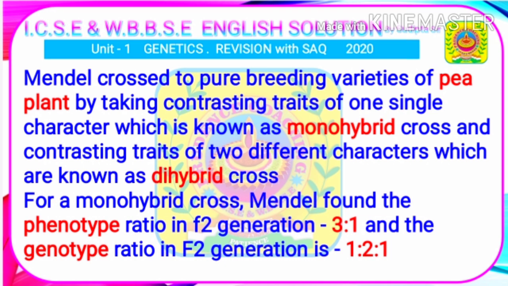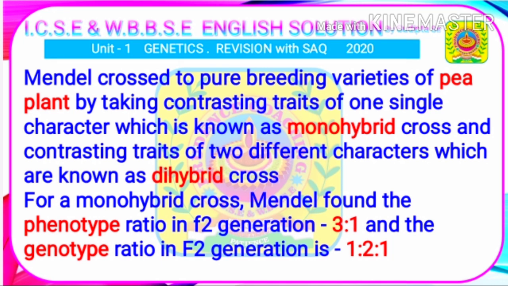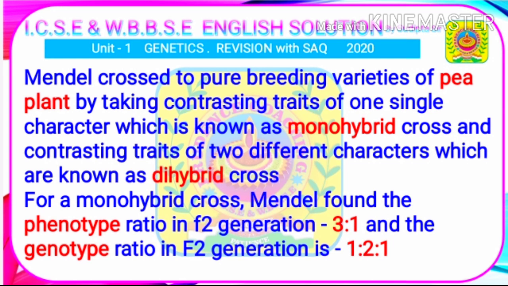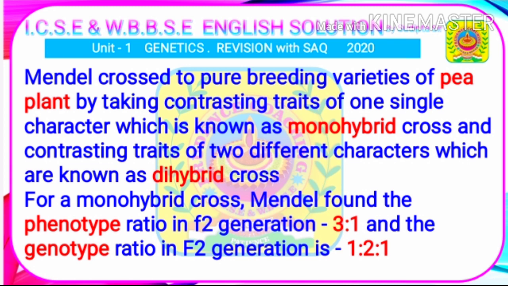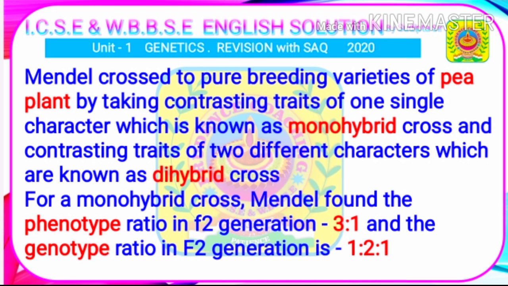Gregor Johann Mendel, the father of genetics, crossed two pure breeding varieties of pea plant by taking contrasting traits of one single character, which is known as Monohybrid Cross, and contrasting traits of two different characters, which are known as Dihybrid Cross. Next, for a monohybrid cross, Mendel found the phenotype ratio in F2 generation is 3:1 and the genotype ratio in F2 generation is